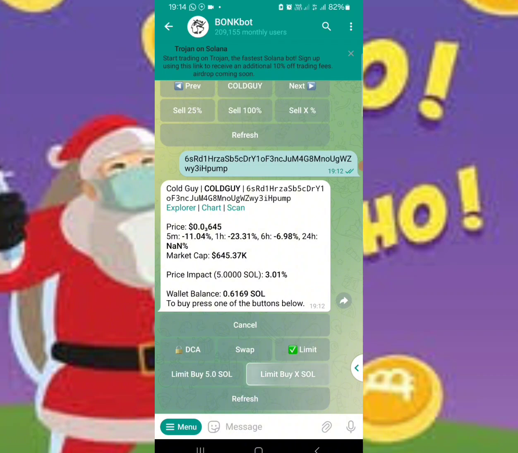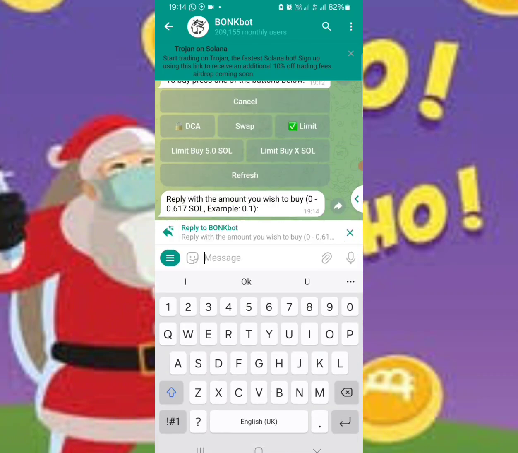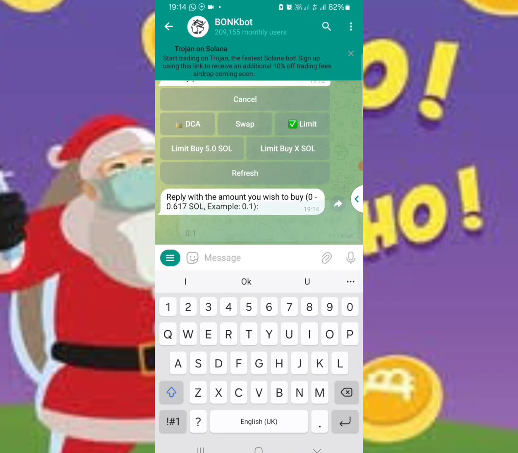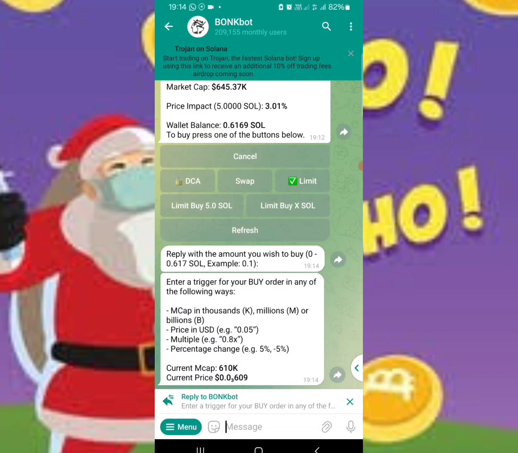So let's touch Limit Buy X SOL. They're asking me how much SOL I want to buy with. So let me just type 0.1. I want to use 0.1 SOL to buy. So now they said